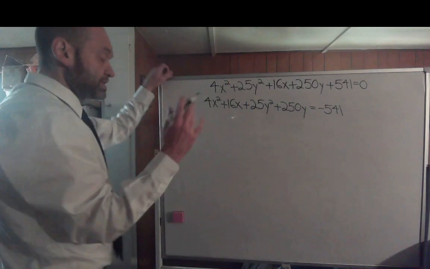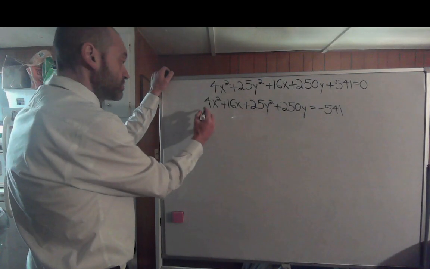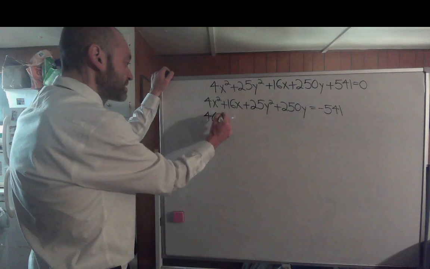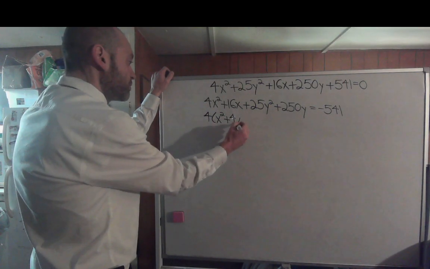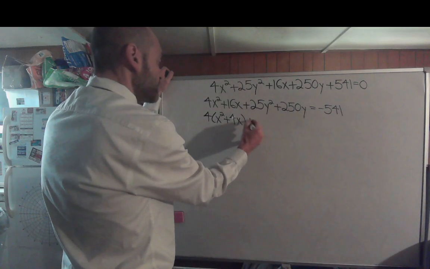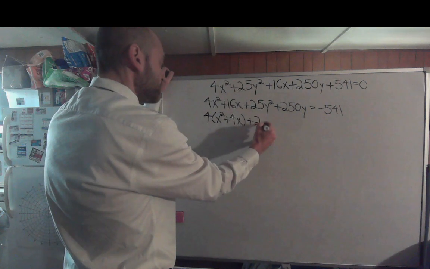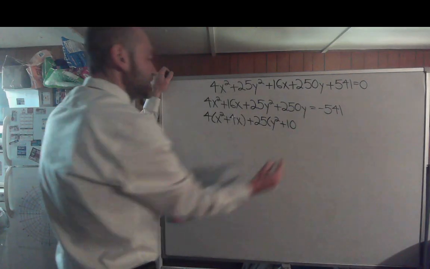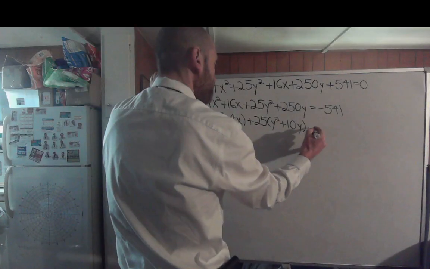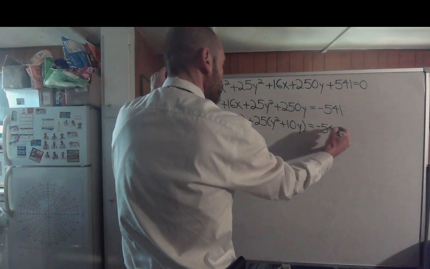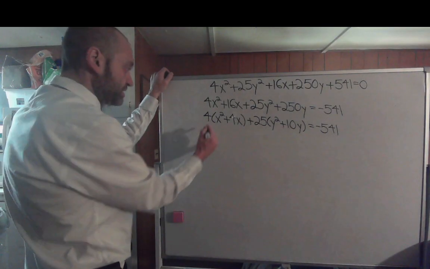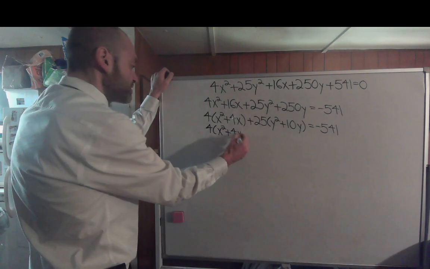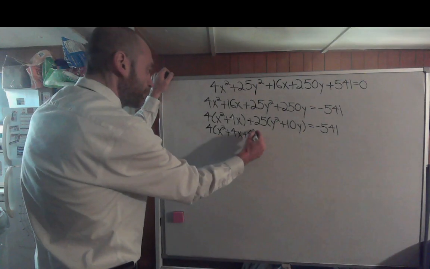Alright, so now let's factor out what we can factor from the x and y terms. So on the x's, we can factor out a 4. You'll have 4 times x squared plus 4x. Now on your y's, you can factor out a 25, so plus 25 times y squared plus 10y equals negative 541. Let's complete the square, so you'll end up with 4 times x squared plus 4x plus 4